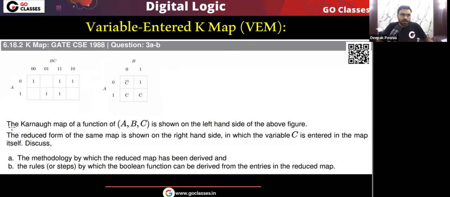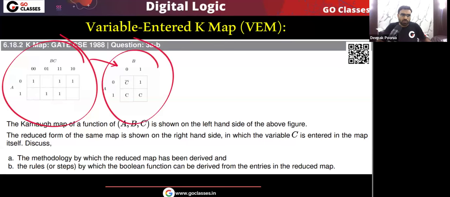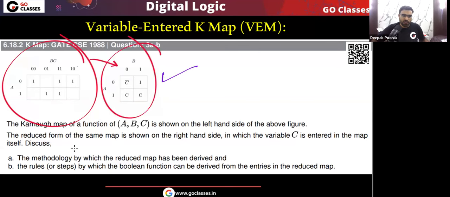You can see the K-map of a function f, defined over 3 variables a, b, c. The K-map of a function of 3 variables abc is shown on the left and on the right. On the right you can see the reduced form of the same K-map. We are representing this K-map in the reduced, compact form.